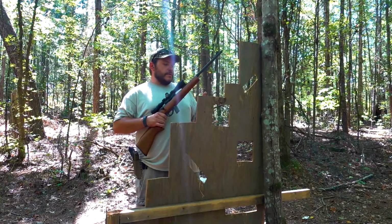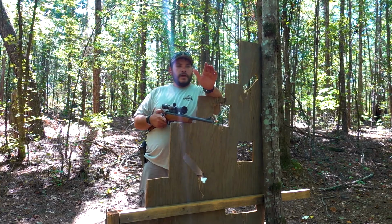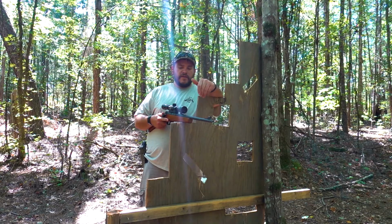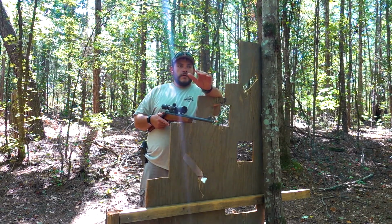So that was a quick little adjustment. Well, it wasn't too far off, so that's why it was so quick. So now what I'm going to do, as you can tell, I switched up positions a little bit. Now that we have it sighted in at 50 yards, right now, since I don't have mil dots or anything like that to really judge, I'd like to know,